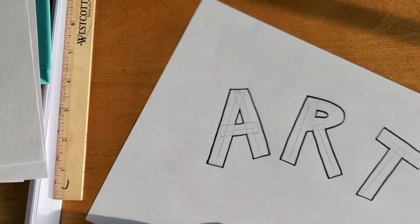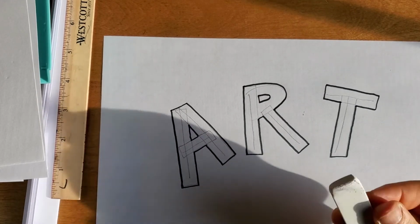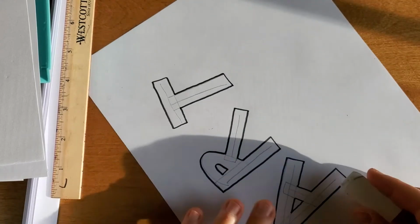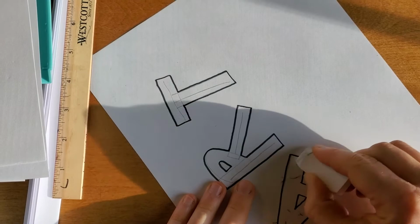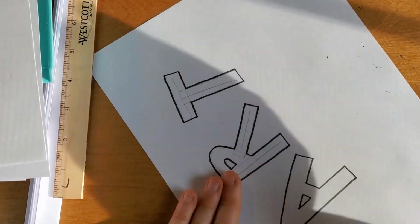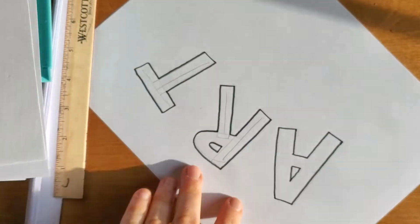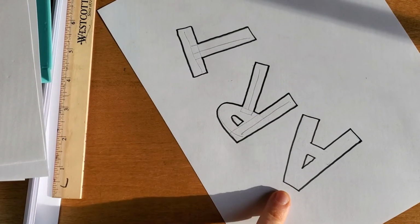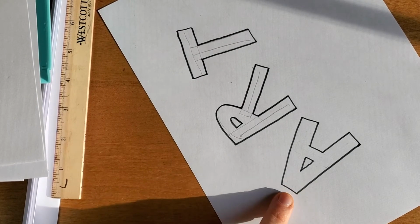And there. Now here is where you are going to need an eraser, and that's why I like the big old eraser. You're going to take your eraser and erase your pencil lines. You're going to do this only if you used a marker, though, to trace over the contours of your block letters. Now, with some of your markers, you might have to wait a few minutes to let that marker dry,